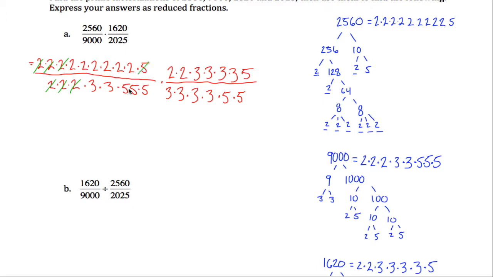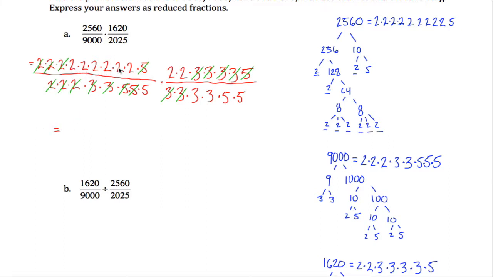This 5, cancel out with this 5. This 3 and this 3. This 3 and that 3. This 3 and this 3. This 3 and this 3. This 5 and this 5. I think that's everything. So what we get, maybe I'll switch back to red, is in the numerator we're left with